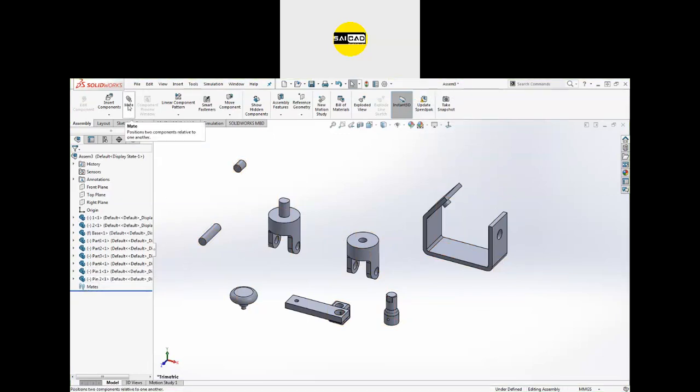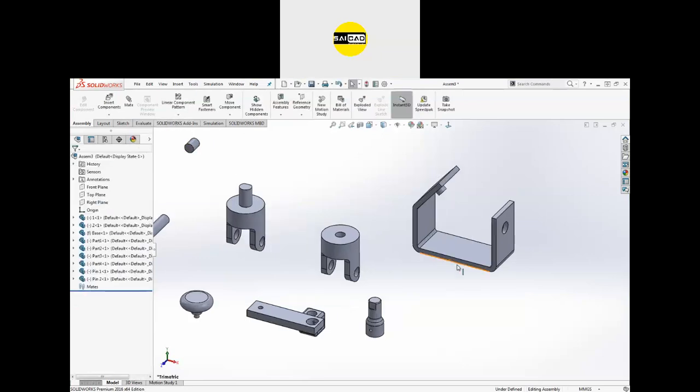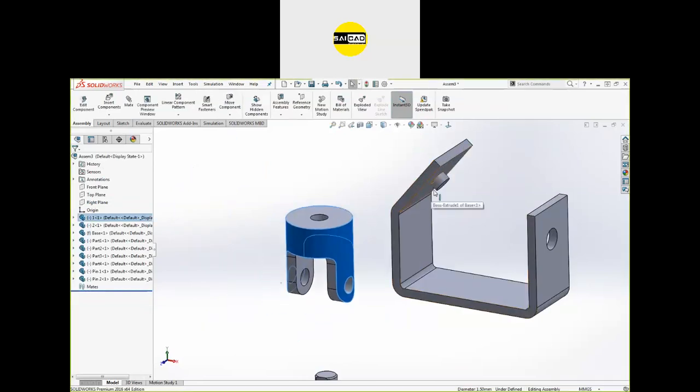So up here, we also have the option Mate. So what is a mate? Basically, it is the relation we are going to add between the different parts. So what we are going to do is make this feature in relation with this cylindrical option here. We want to place these two here. So to do that, just select the two faces like that,